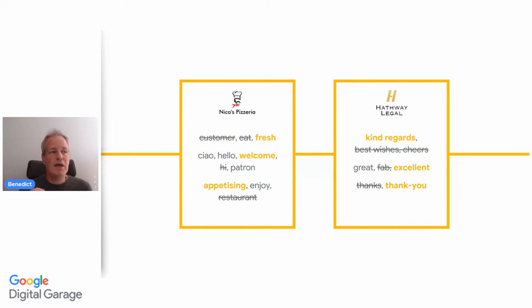Would never use eat. Sorry, I couldn't quite see, it was crossed out. So customer and eat, they will not use. Hi, no. Too casual, maybe? I don't know. Restaurant, they wouldn't use that. They can use a little bit sometimes is ciao. I mean, it's an Italian pizzeria. Hello. Okay. A little bit more formal than hi, so showing maybe a little bit more respect in that way.